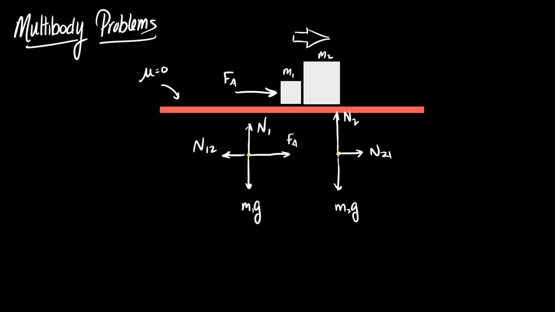Is it possible for box 1 to move to the right without box 2 moving? I'm not trying to make this hard. That would only occur if box 2 is collapsing or box 1 is being pushed through box 2. So for the most part, I think we'd say whatever motion box 1 makes to the right, box 2 is making to the right as well. You guys follow along? Frictionless surface suggests the system's going to accelerate. I'm going to assume this is a second law problem.